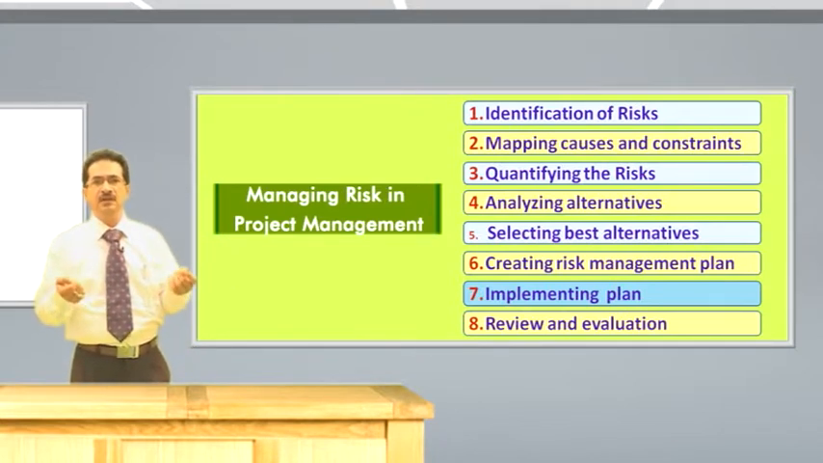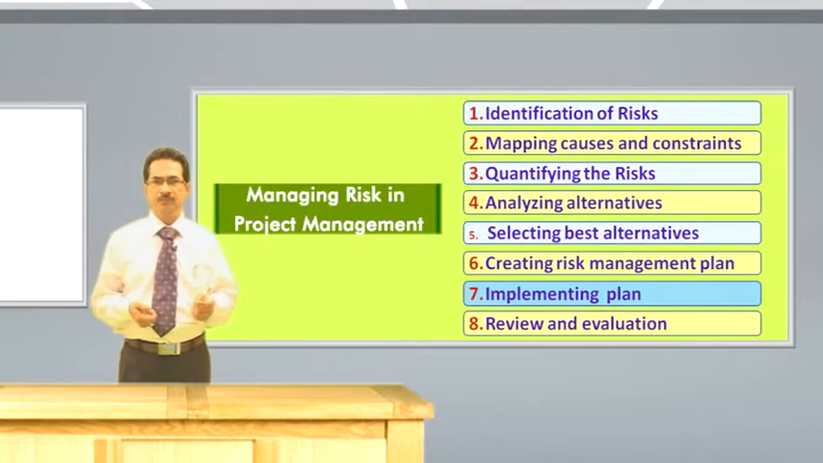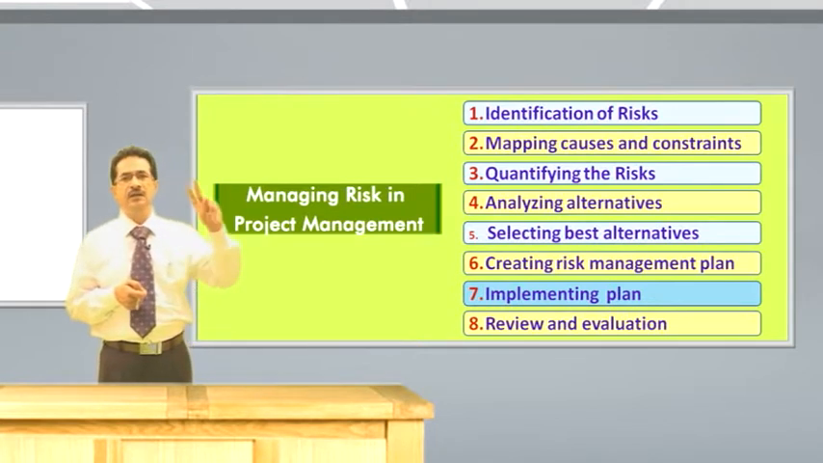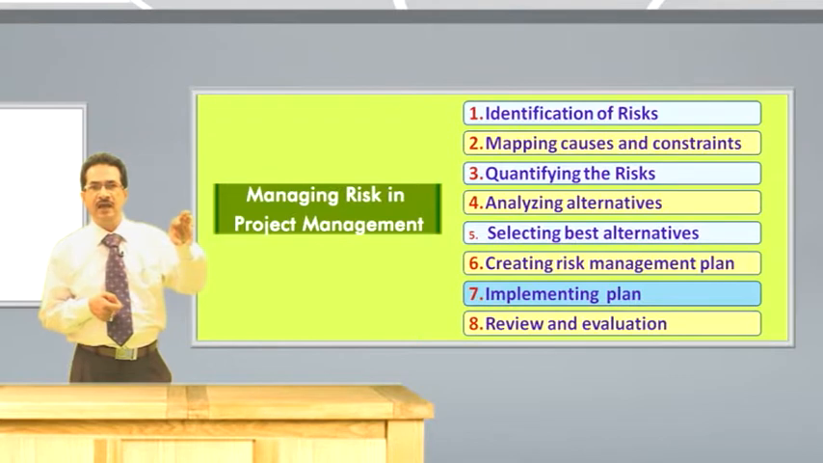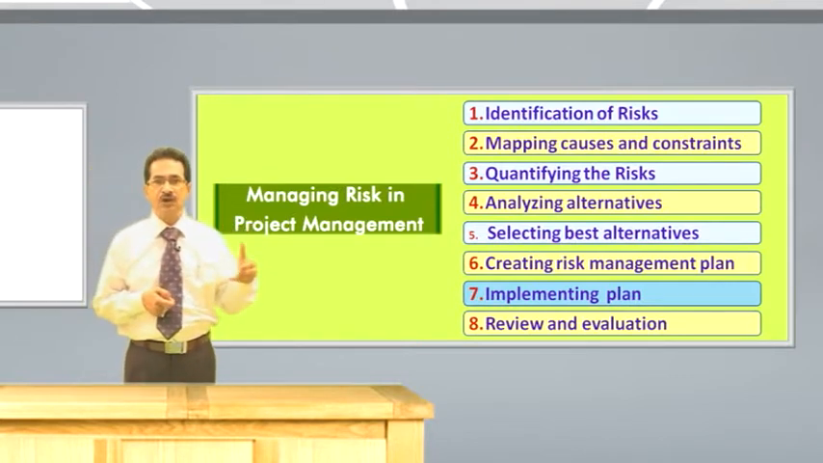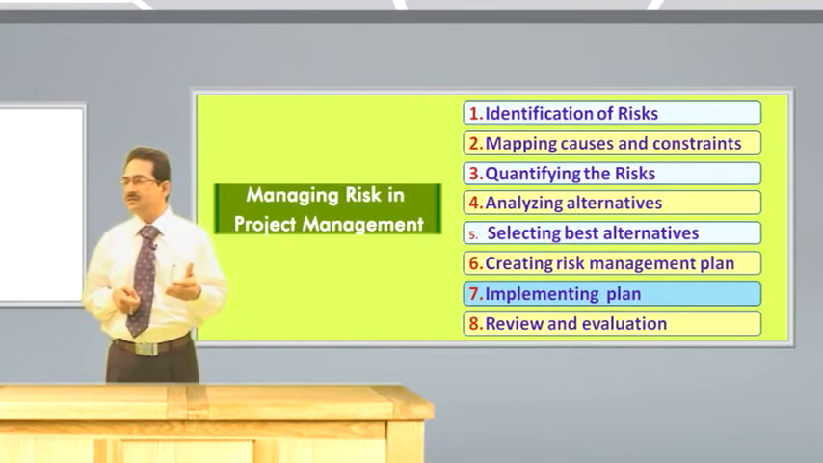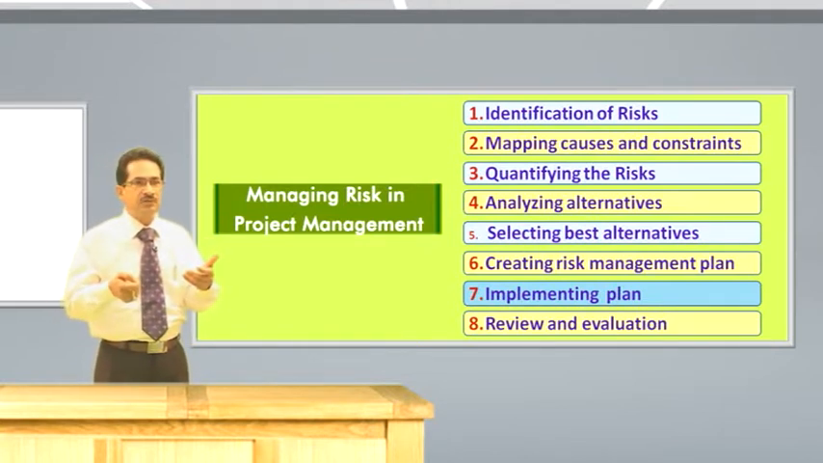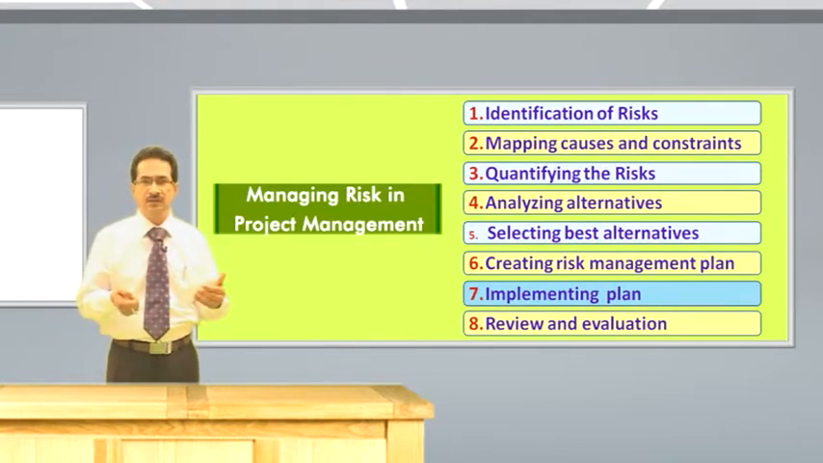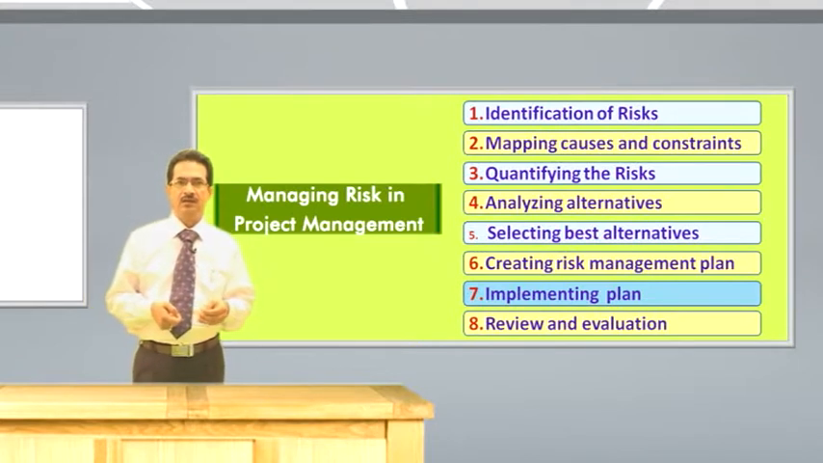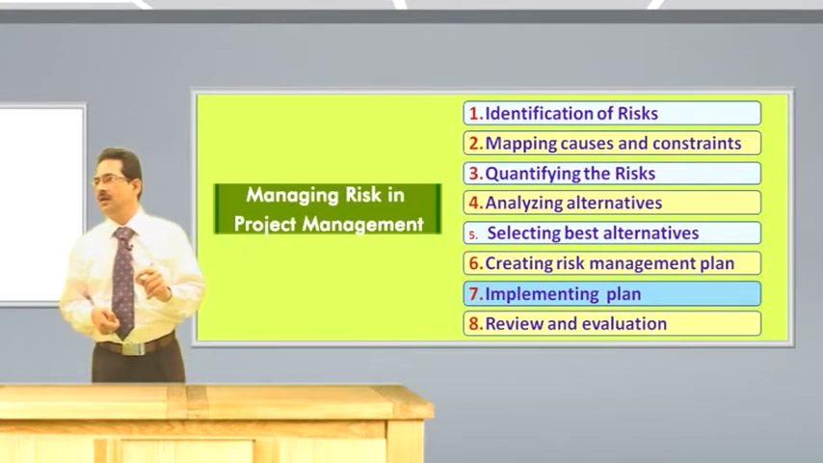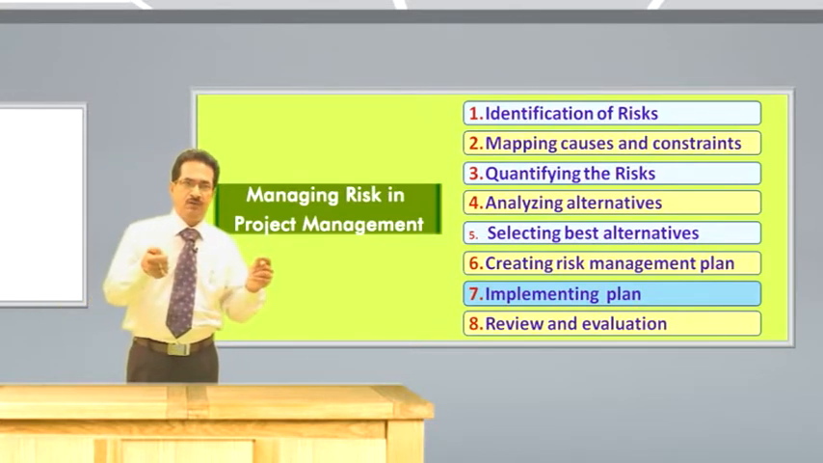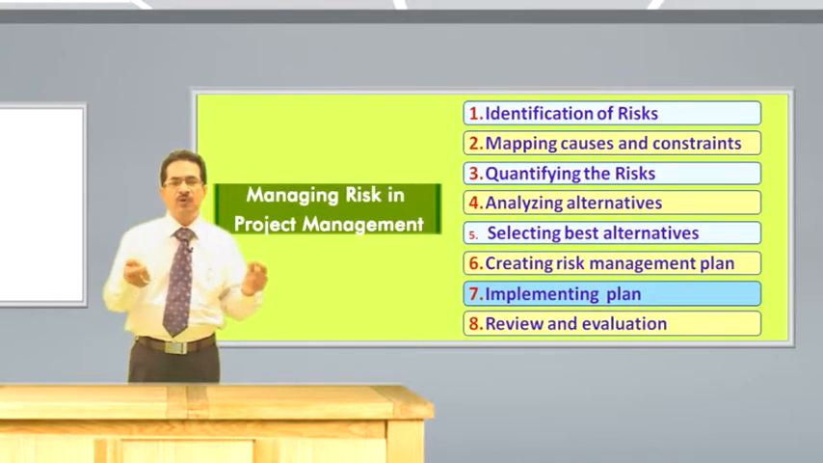Step number 7 is implementation of plan, and here two things are important: coordination and periodical review. There must be coordination among different sections, and there must be periodical reviews, because usually risk management particularly is overlooked in general. The last step is the review and evaluation, and probably you know already that review and evaluation should